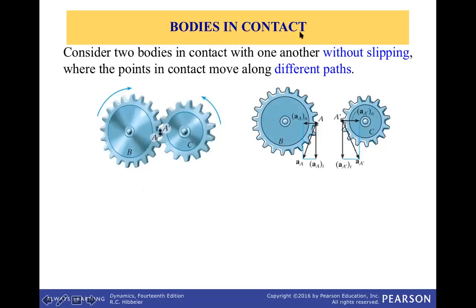So another topic in this section talks about when two bodies are in contact. Okay, so when two bodies are in contact without slipping, this is what happens. If you have two gears rotating and in contact at a certain point there, a point A here from gear B should have different paths than a point A prime from gear C. But when they are in contact, then they will share the same tangential